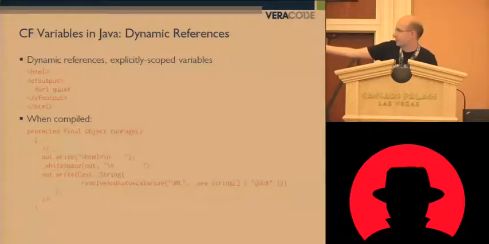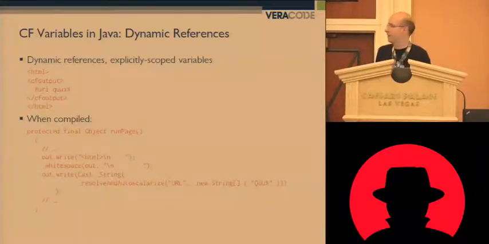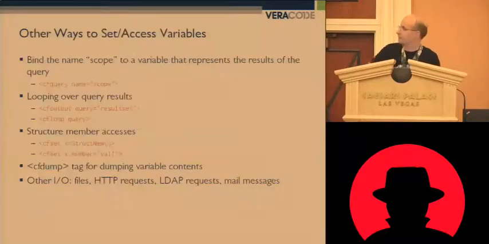Now here's the dynamic references. You can access variables in scopes not only through the bound and generated object methods, but also through a whole host of methods. There's a bigger list in the paper, a whole host of methods that basically use dynamic strings as names of variables to read and write. So in this case, you have,